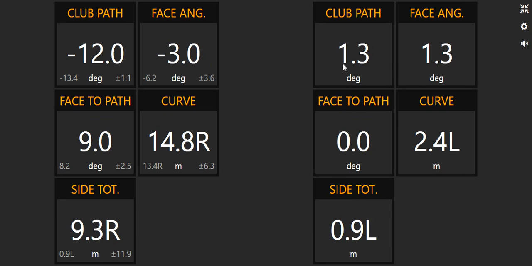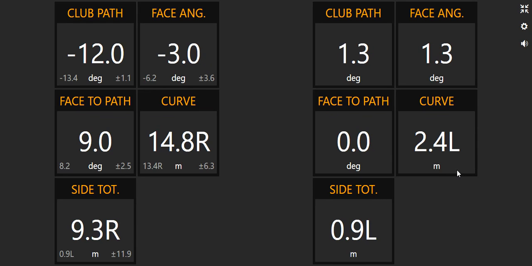If you look at this shot over here, we've got a path of 1.3 and the face angle is 1.3. If this was hit dead center, and a few other numbers can affect how this would go straight, but actually, because of contact point and a few other data points, which I won't go into because they're a little more complicated, we've had a curve of 2.4 meters to the left, so it's a slight